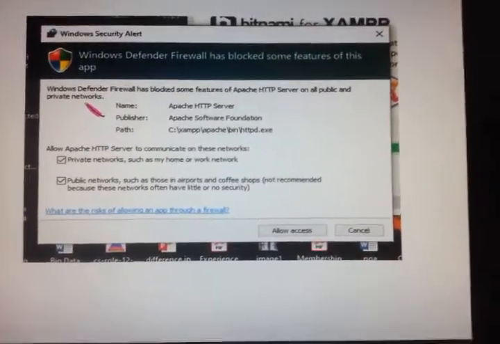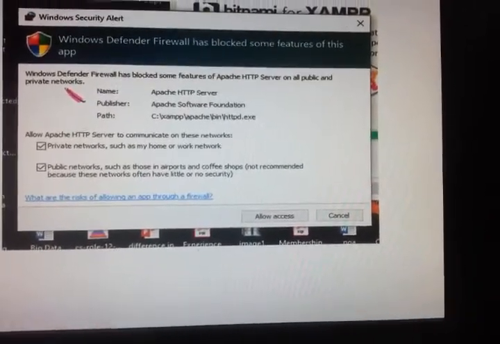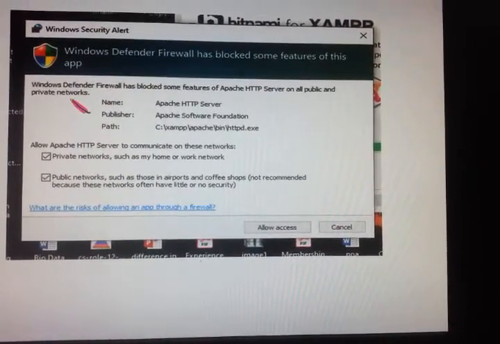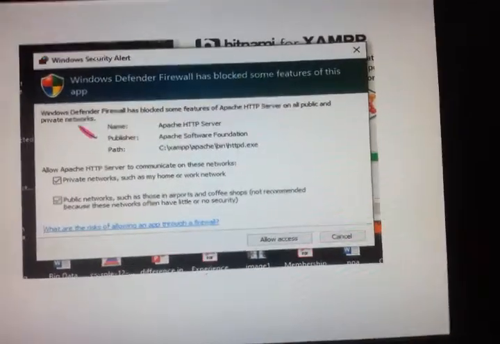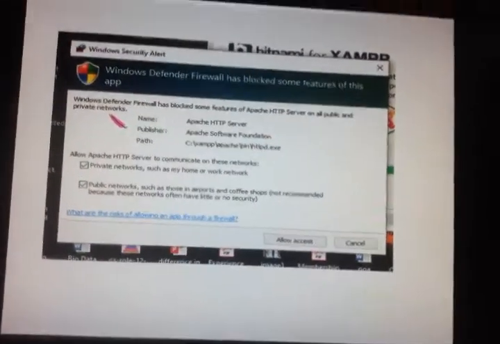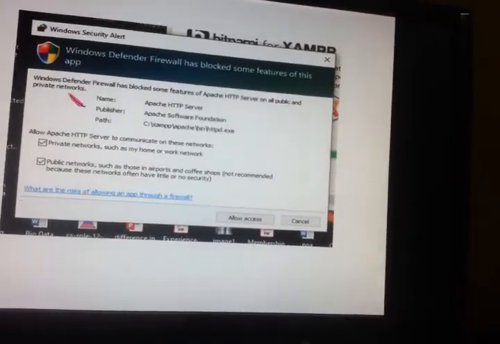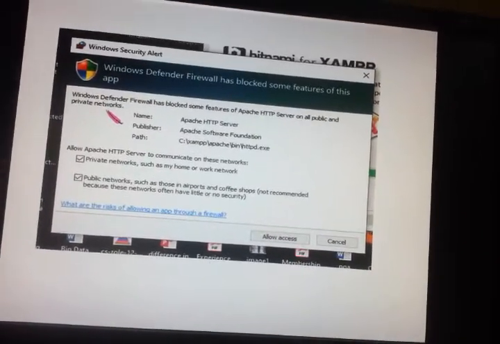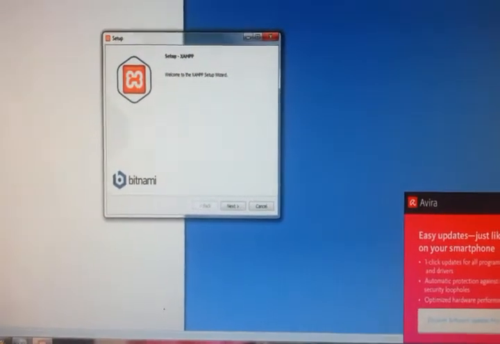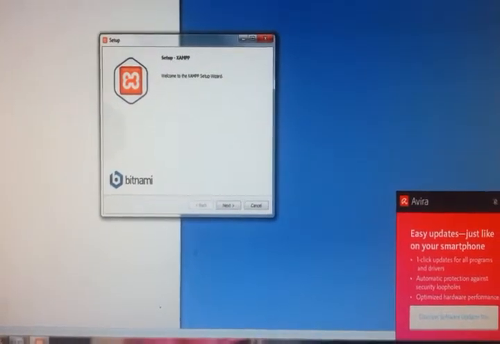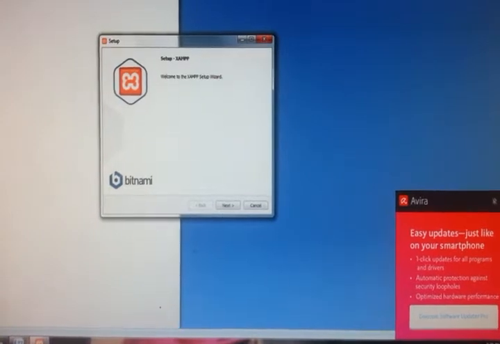If this is not given access, then your XAMPP software will not continue. So you have to click allow access. When you click allow access, it moves to the new window called Setup XAMPP. Welcome to the XAMPP setup wizard.